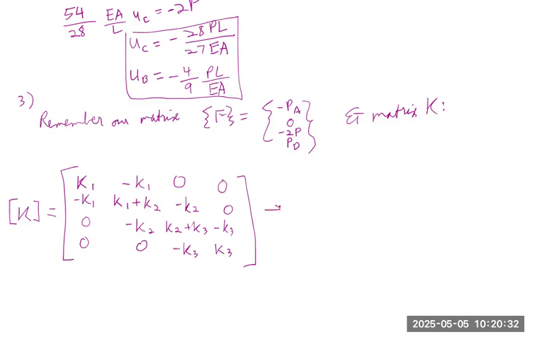So basically, K multiplied by the displacement vector UA, UB, UC, UD, where UA, UB, UC, UD are the displacements at each of these points, is going to be equal to